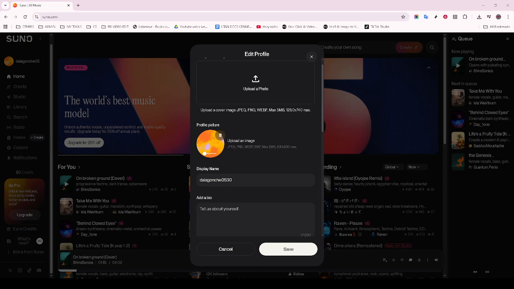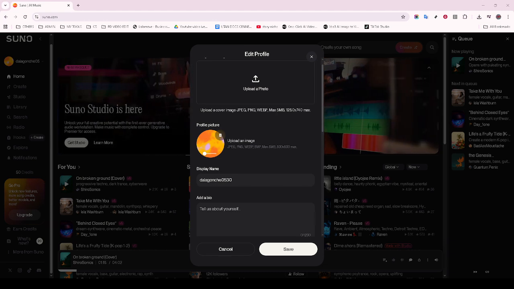If you find yourself reaching the limits of what the free options can provide, it might be worth considering an upgrade. Suno AI offers a variety of subscription plans that unlock additional features, enhancing your experience even further. Before committing,